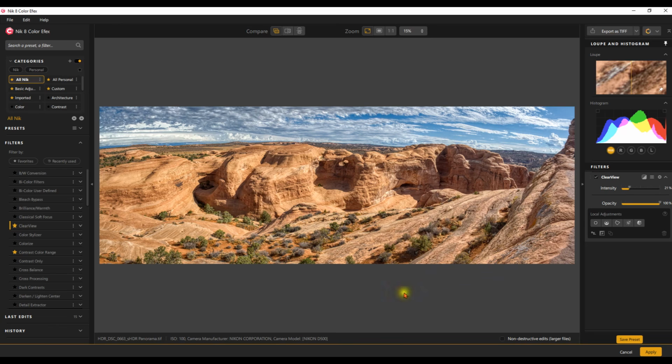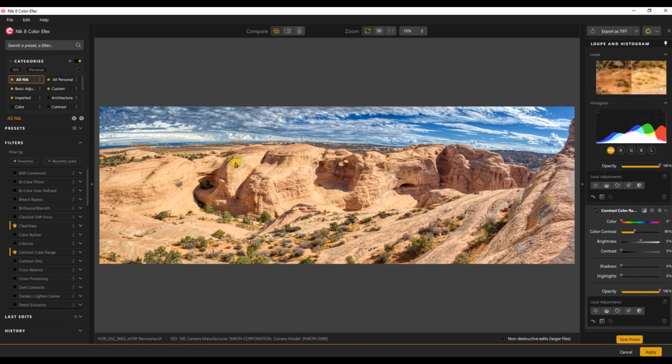I also like to use the contrast color range filter. That's far too bright, and it's not really the right color that we want to use. So I'm going to adjust the color itself. Let's go moving the color. This is starting to get into a decent looking color there. Let's go to 99. That's the hue